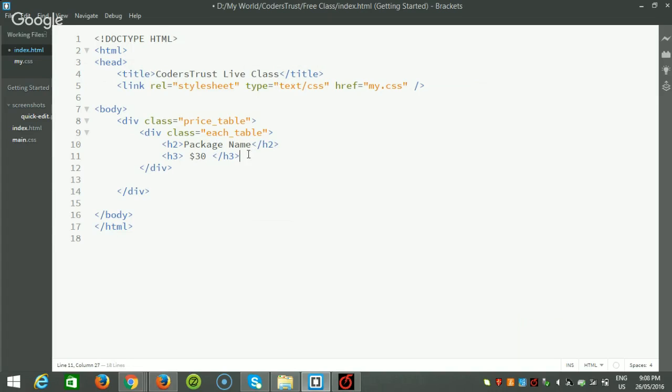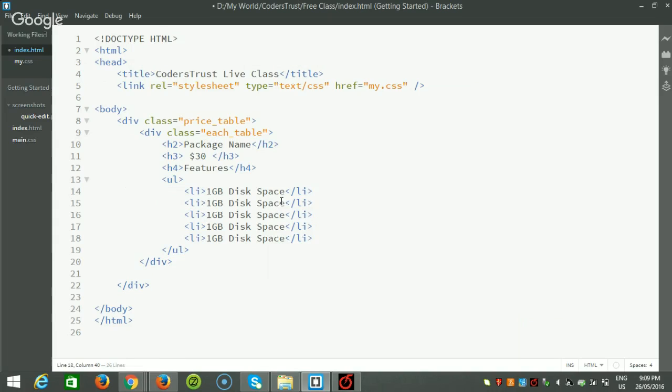And the final one is not the final actually, this is just the list of the services, the features. There will be a list of features, at least a UL and LI unordered list, to make some features. If we assume this is a membership package or a hosting package, we can select features like 1 GB space. I'm just using some demo data, but it should be realistic so that you can get some idea from it. So 1 GB disk space, 10 GB bandwidth,